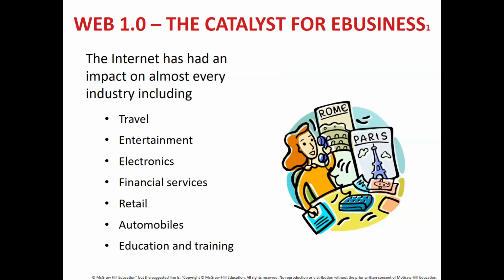Entertainment, you're able to have a lot of entertainment features. Entertainment would not basically mean just watching movies, watching games. YouTube is also part of entertainment, and to a certain extent social media has become the biggest entertainment all around. You have electronics, financial services, retail, automobiles, education and training. All these types of industries have boomed with the use of Web 1.0 tools, and these businesses have flourished over the period of time.